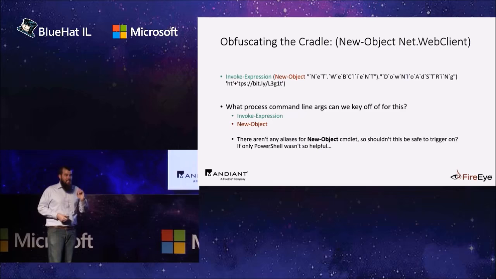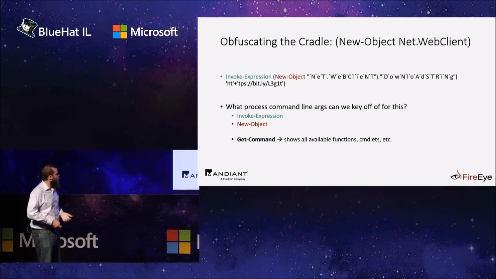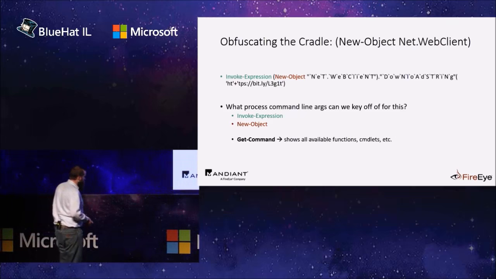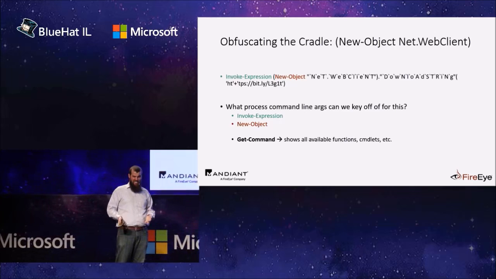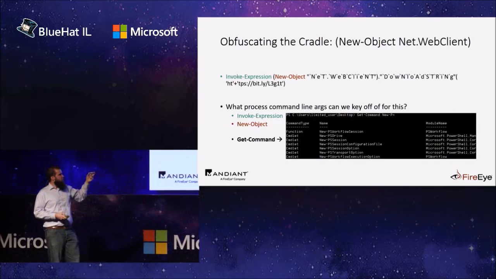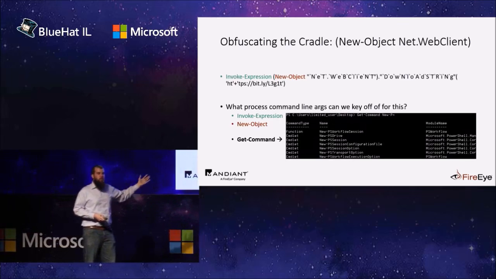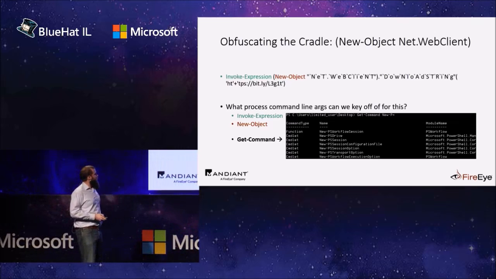New object has 0 aliases. So it should be pretty straightforward, right? Well, this got me thinking. I was playing around one day with Get-Command. PowerShell has so many commands, and sometimes you forget the exact syntax. Maybe you know there's a command called New-P something. So you can just run Get-Command New-P wildcard, and it will show you all the cmdlets or functions or